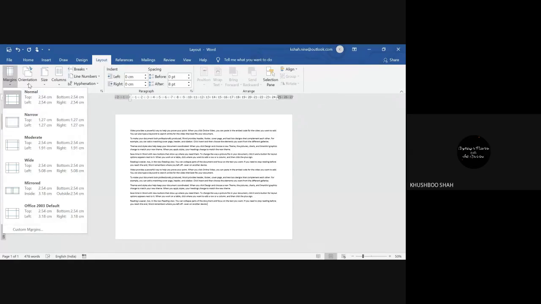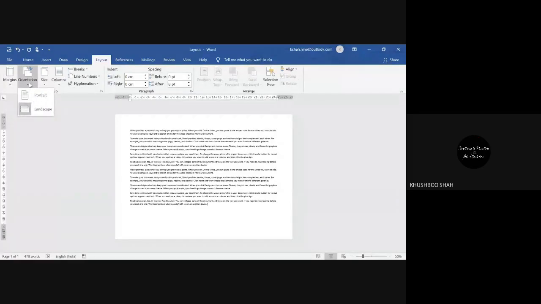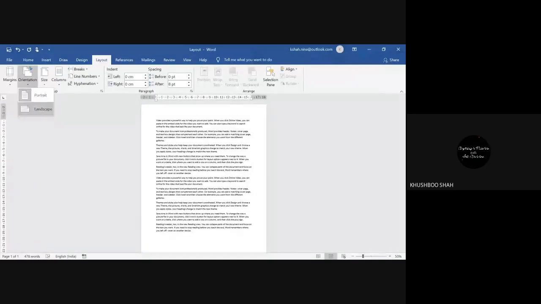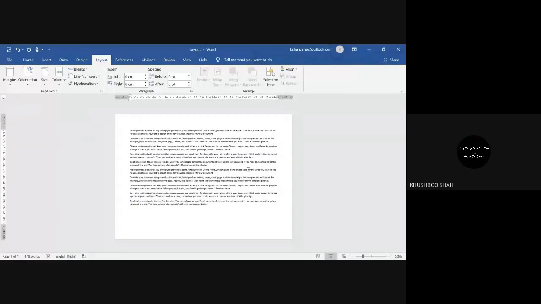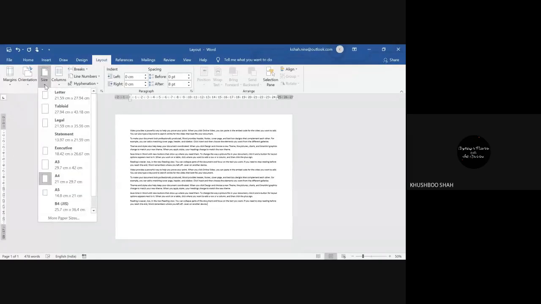Okay, so after the margin, the orientation section. In orientation, you can see the page way, right? If your document requires, let's say, landscape, then you can keep it landscape. Then the most important part is the size of the page.